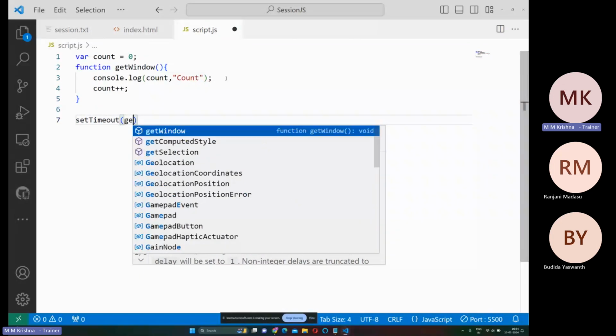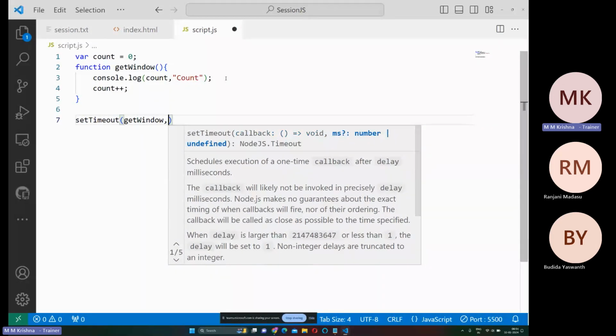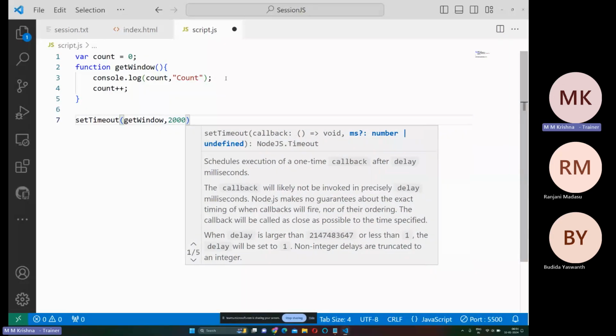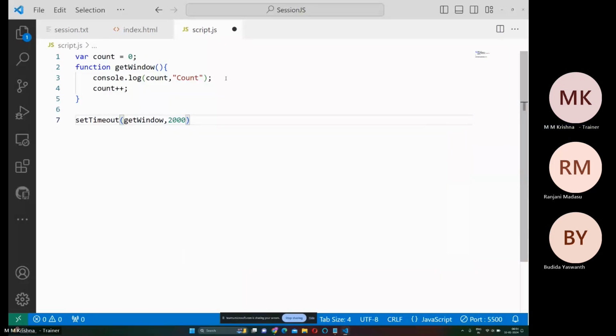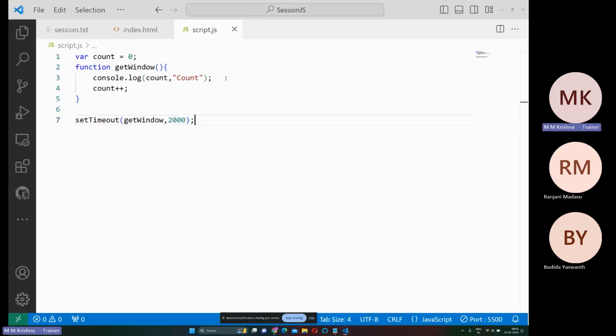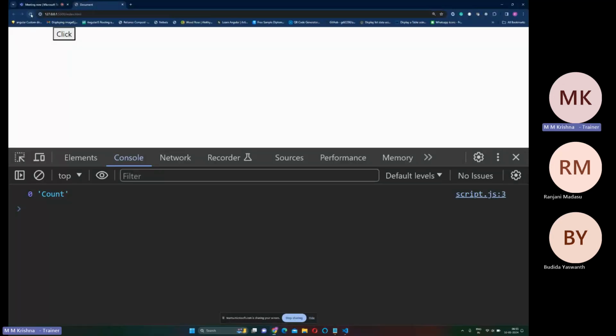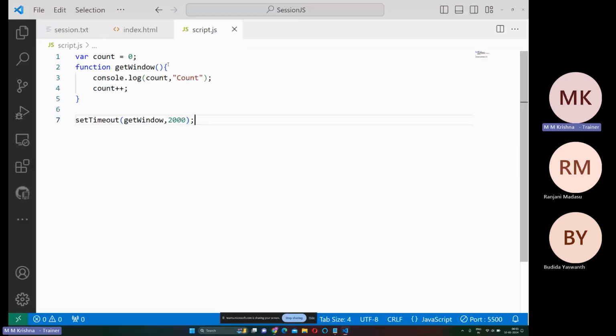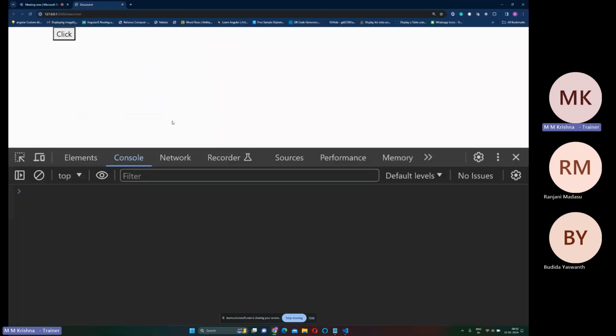It will be taking care of that get window with 2000 milliseconds. We can also send arguments, but at this point of time, I'm just making use of this one only. If you can see, it is executing after 2 seconds. I just refresh the page. I'll wait for 2 seconds, then it will be like this, right? And if I use 5000, which means 5 seconds,